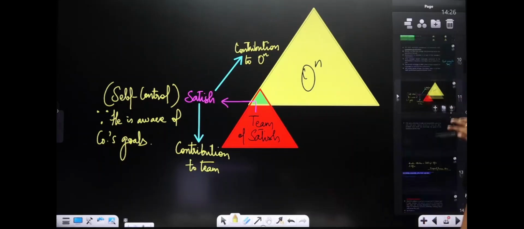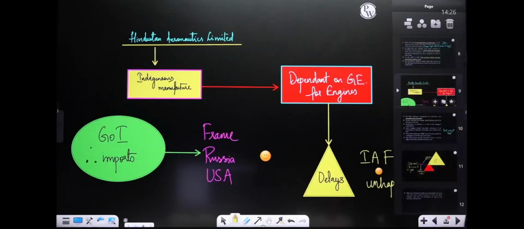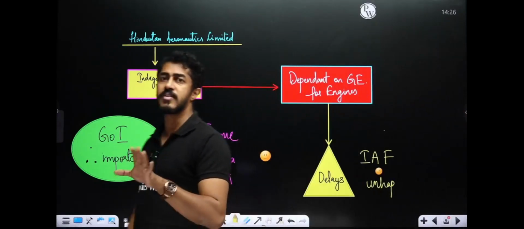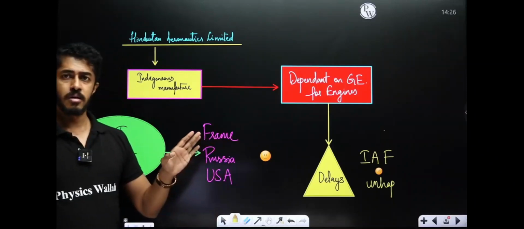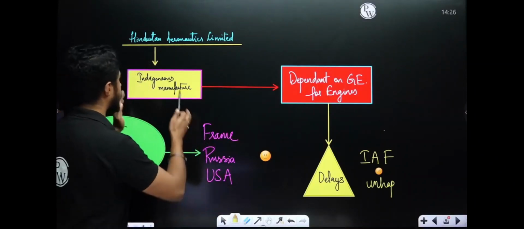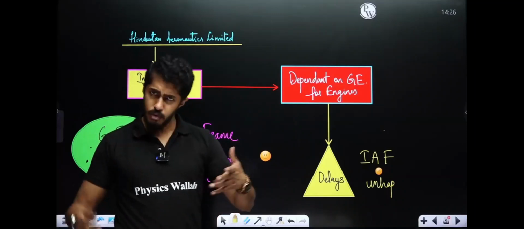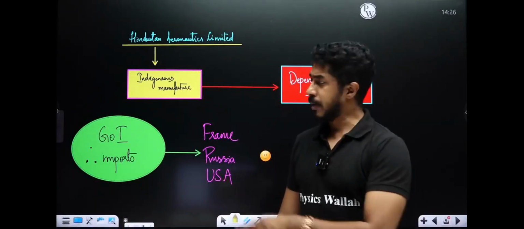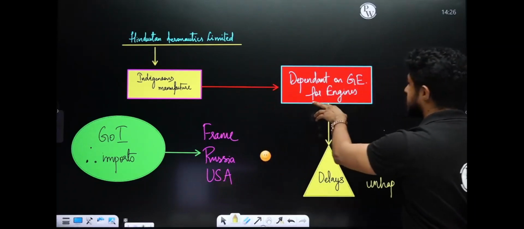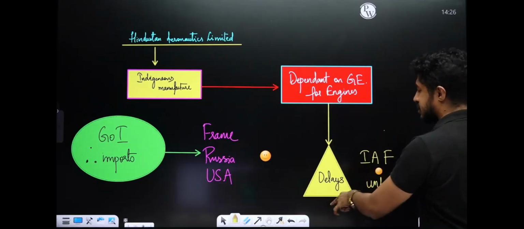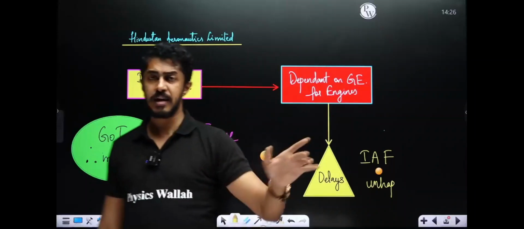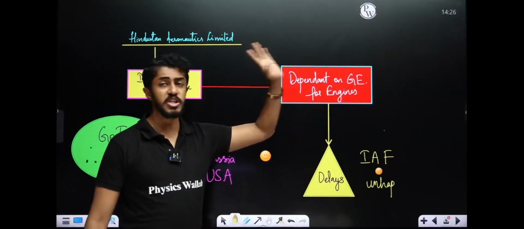Sorry, not this. This, if you actually see, is the simplest example of a network analysis. What is the target? I want to go for indigenous manufacture. Why? I am going to reduce my defense imports. That is the ultimate objective. But here I can see what is the cost involved. Dependent on GE for engines, there are delays. Especially post-corona, there has been a lot of delay in acquiring engines from the GE company.